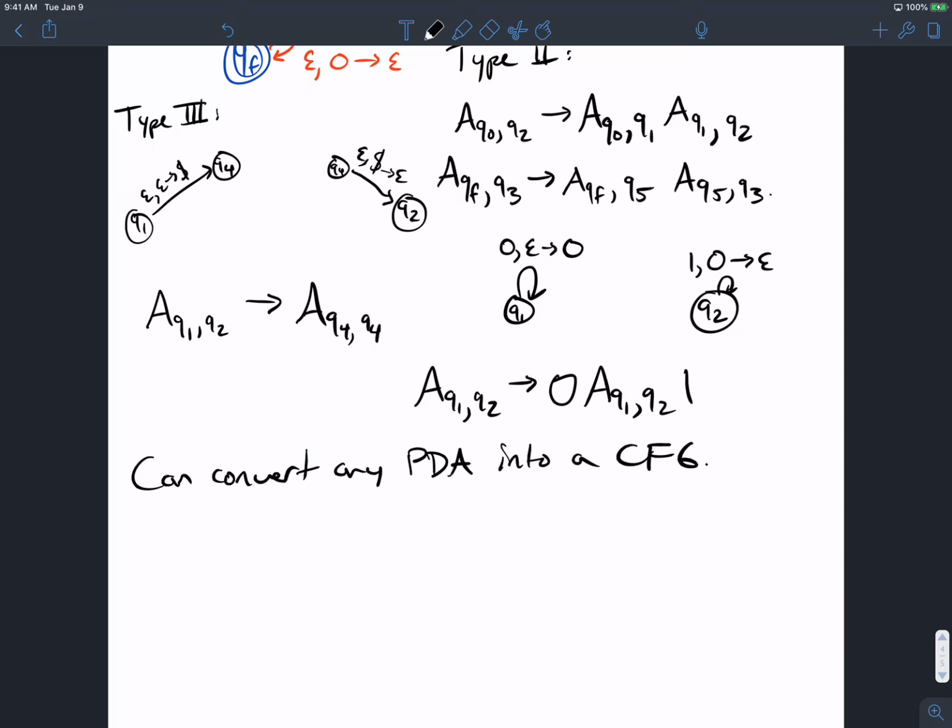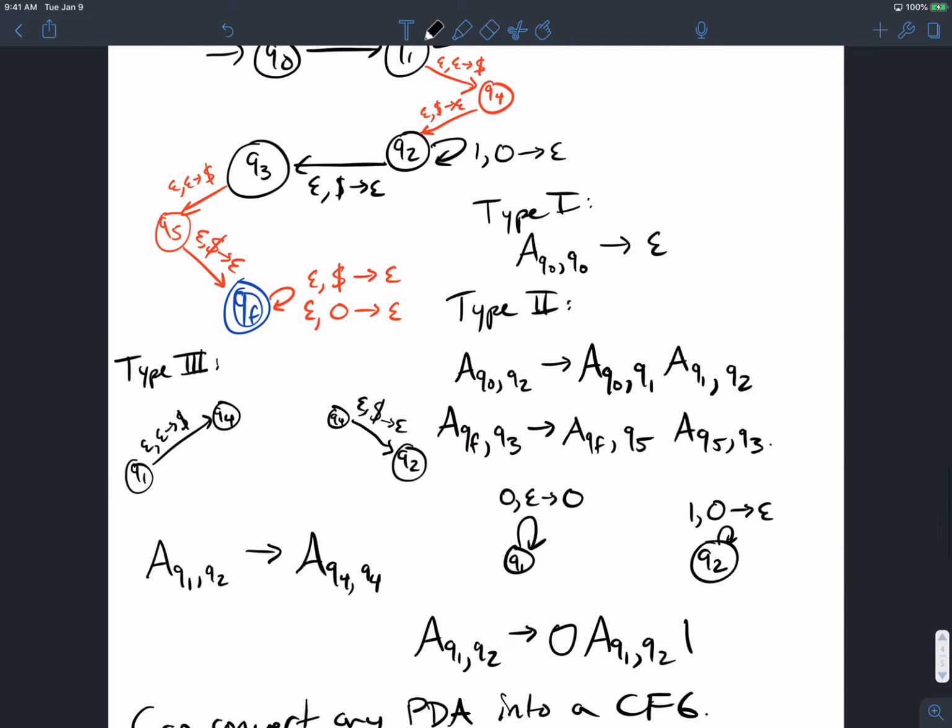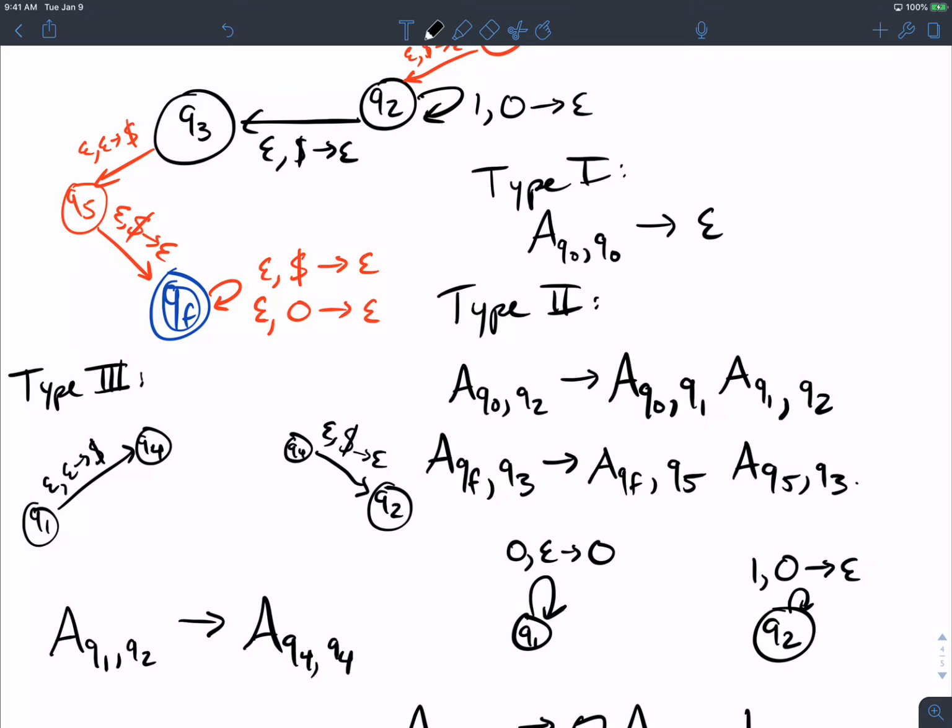Yeah, great question, Bill. You mentioned that in the final state we pop all the symbols, but when we are putting the dollar symbol, aren't we enforcing that there would be an equal number of pushes and pops? Yes, there is the same number of pushes and pops if we end empty, correct, yes. Because every push and pop will do exactly one thing to the stack. So if we start and end at the same place, we have the exact same number. That's correct. So we can skip the dollar symbol if we have the final state and we are popping all the elements in the final state, right?